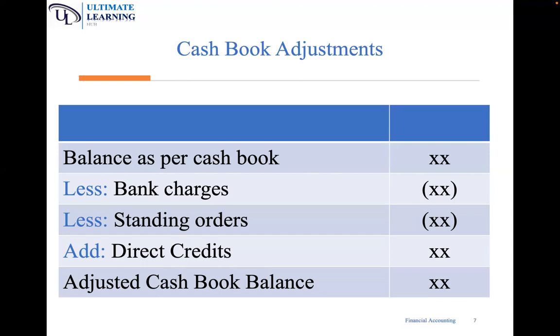But if the closing balance in the cash book is on the debit side, it means it's an overdraft. It means it's a negative cash. In that case, you deduct it. It becomes a negative when you are starting to prepare the adjusted cash book. So balance as per the cash book, when is it a negative? When the amount is picked from the debit side of the cash book, it is a negative when you are preparing the statement. When is it a positive? When the amount is picked from the credit side of the cash book.